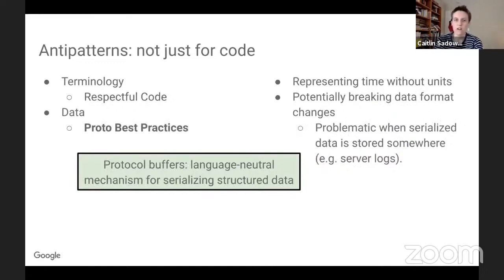Another example of antipatterns is for data, how data is stored. At Google, we use protocol buffers extensively, which is a language-neutral mechanism for serializing structured data. So if you are developing a server, that server will take protocol buffers as input and output on the RPCs it makes, for example. And there is a proto best practices analyzer, which looks at protocol buffer definitions and highlights